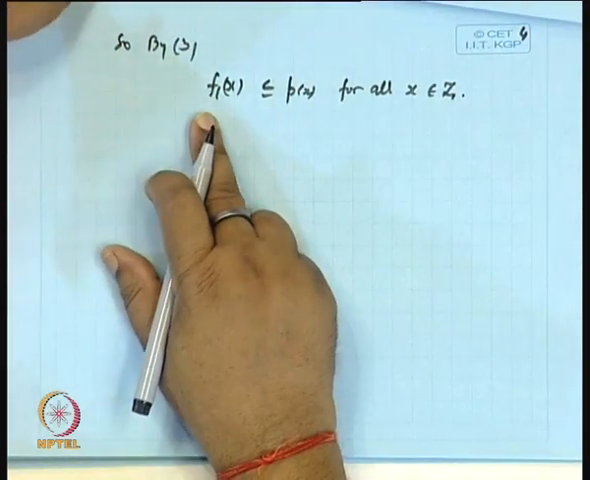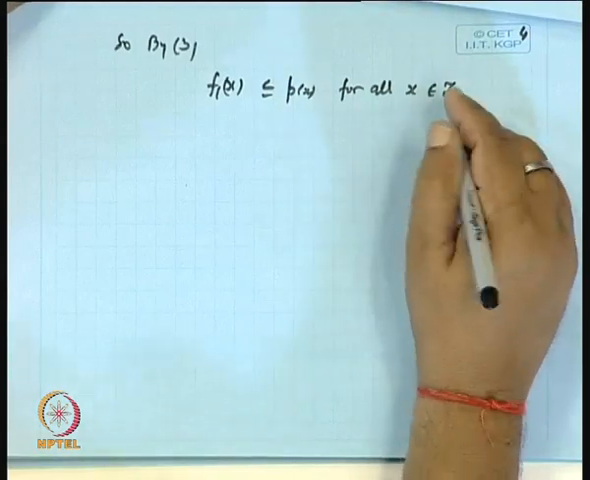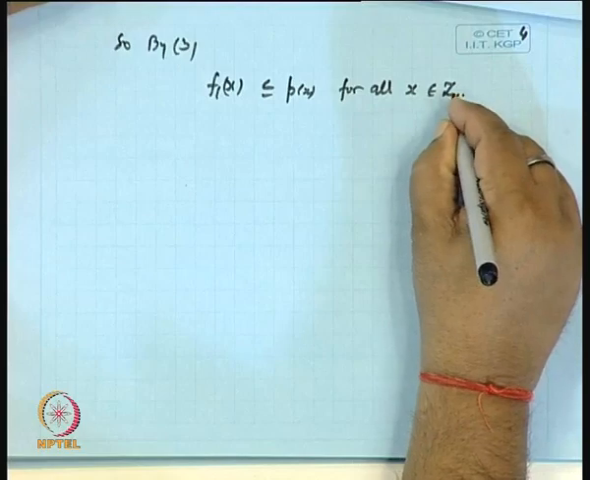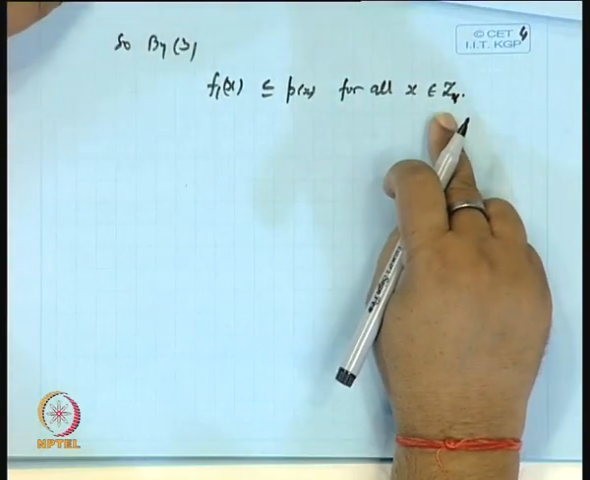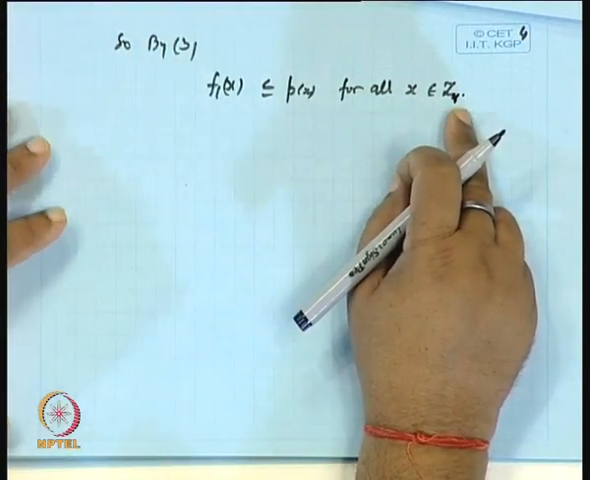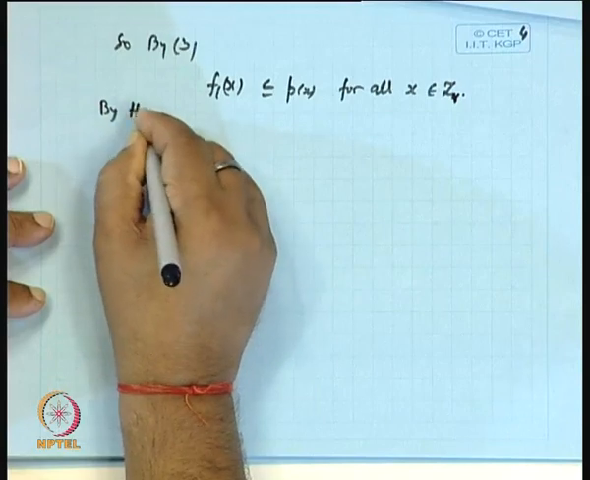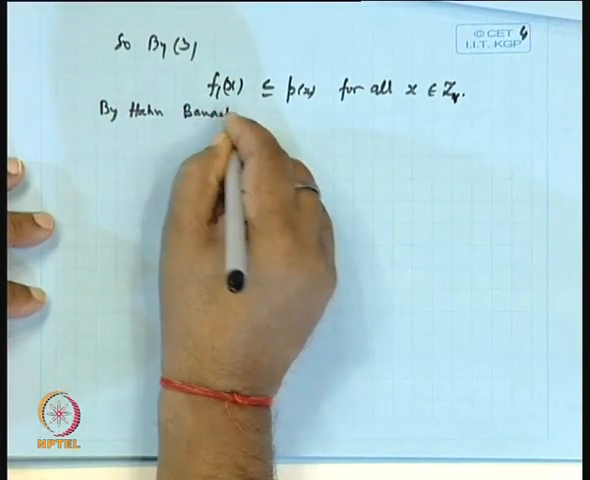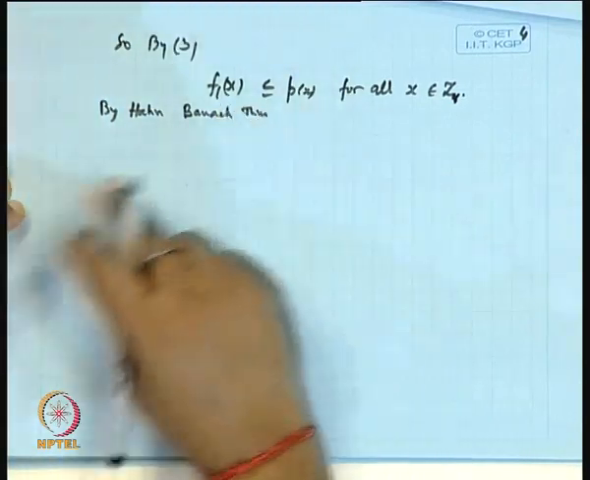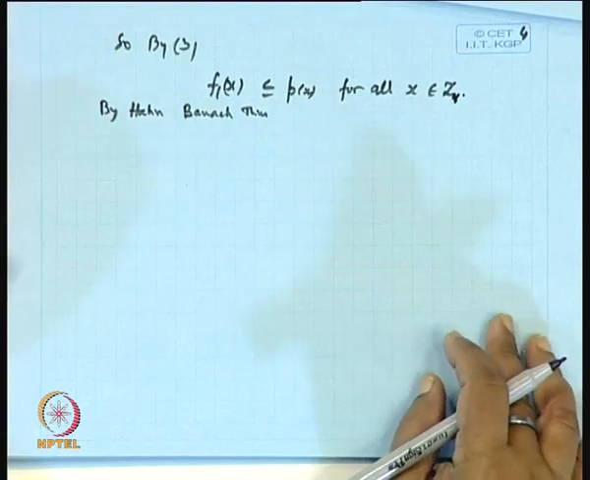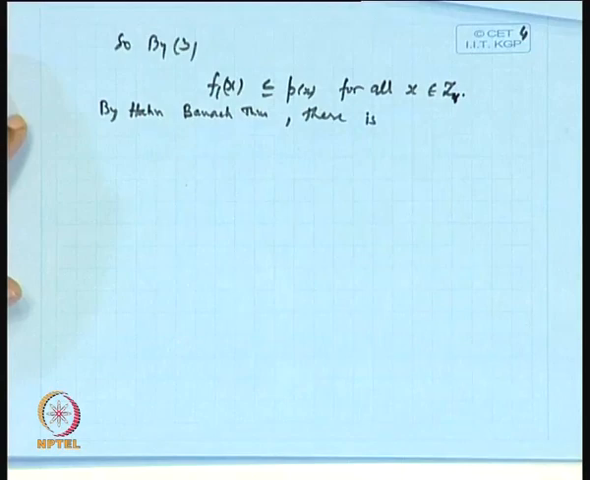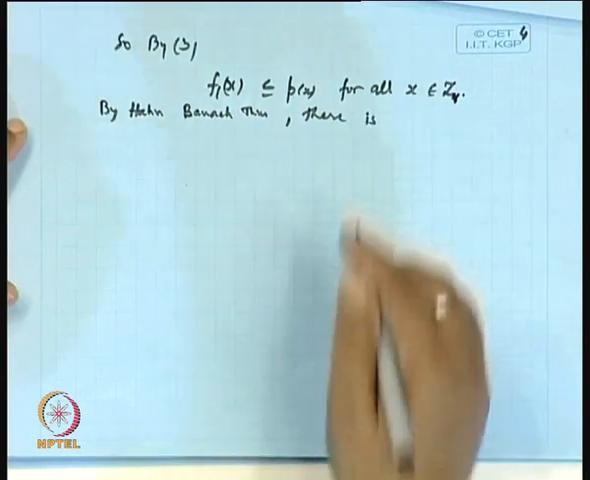Now, f1 is a linear functional defined on Z_R. f1 is linear on Z_R, and f1 is dominated by p(x) on Z_R. So, by the Hahn-Banach theorem, it has a linear extension f1 delta defined on the entire space X_R. So, by the Hahn-Banach theorem, there is a linear extension f1 delta of f1